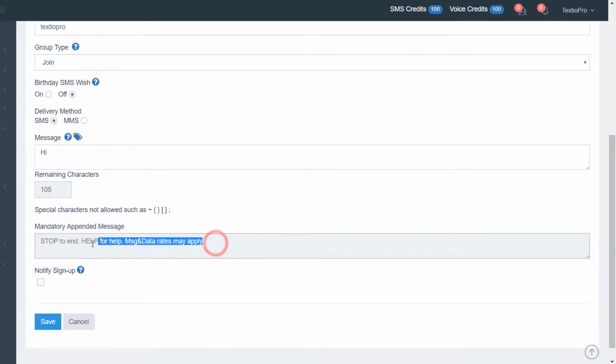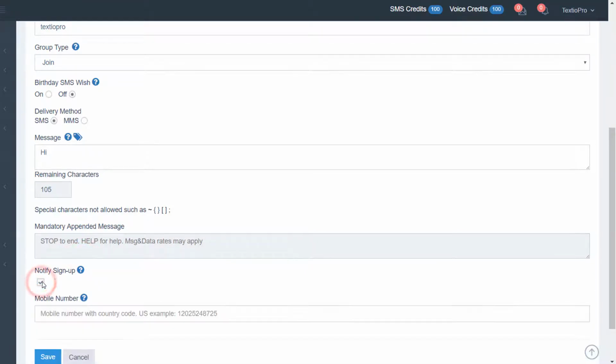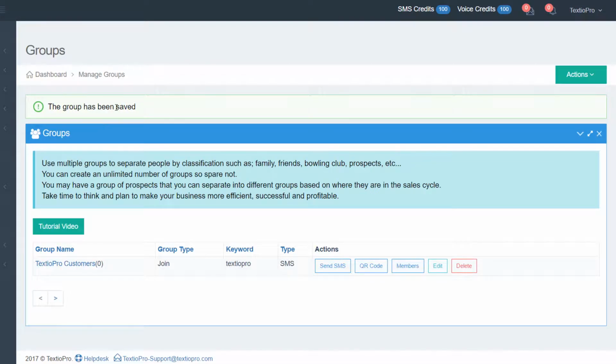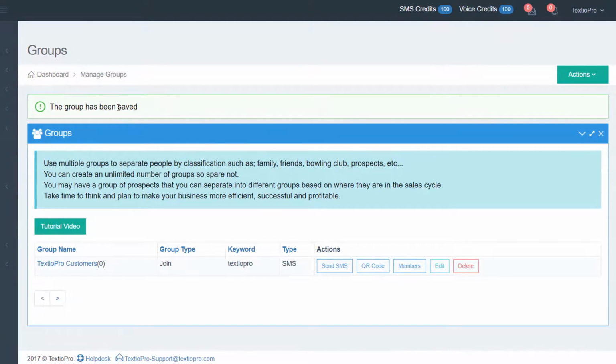This is mandatorily appended to each message to comply with the laws for spamming. If you want to be notified each time you have someone join your group, you'll put your mobile number in this field. In this case, we're not going to worry about a sign up notification, and we're going to click Save. We see that our group has been created,